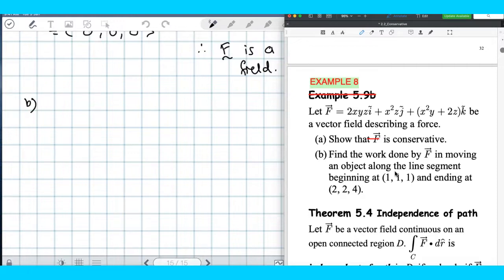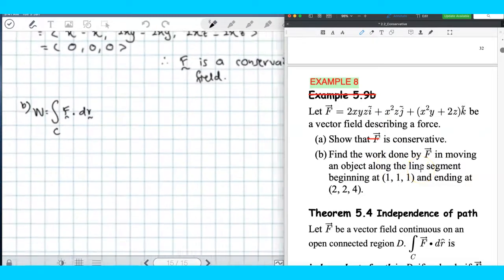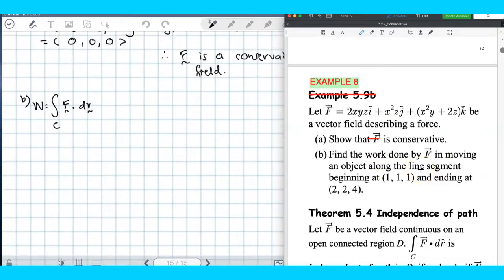Find the work done. What is the work done? It is a line integral. So to get the work done, we compute F dot dr along the curve C, and F is given. Now look at the curve. You have to read carefully: the work done by the vector field given in moving an object along the line segment beginning